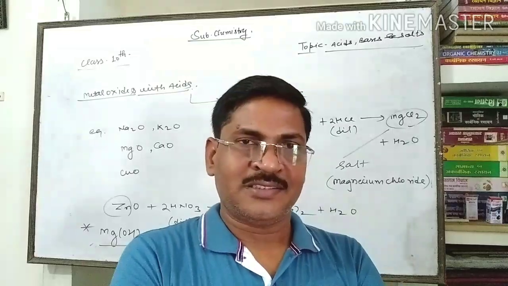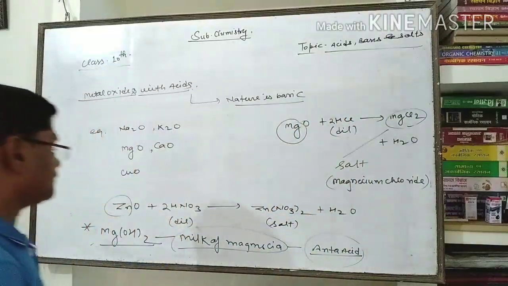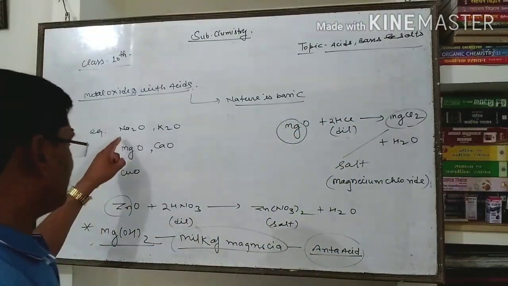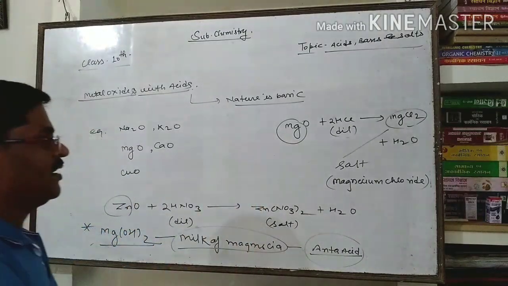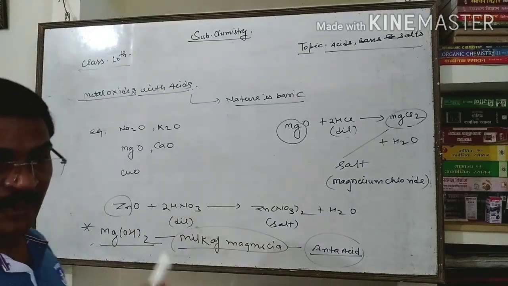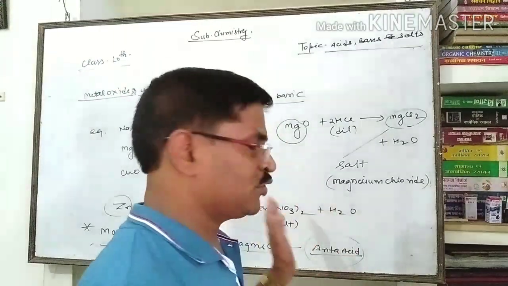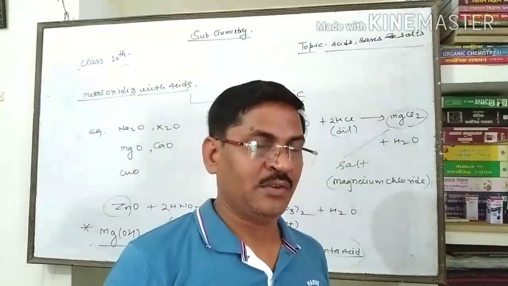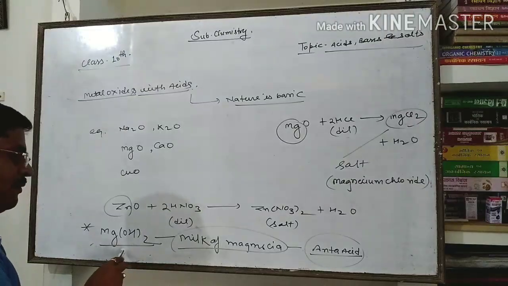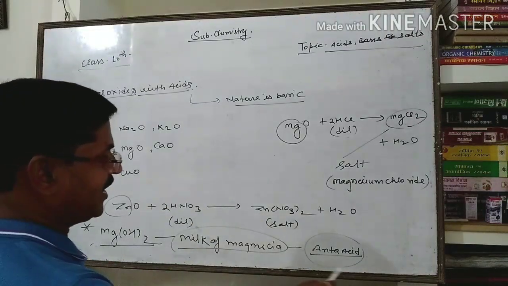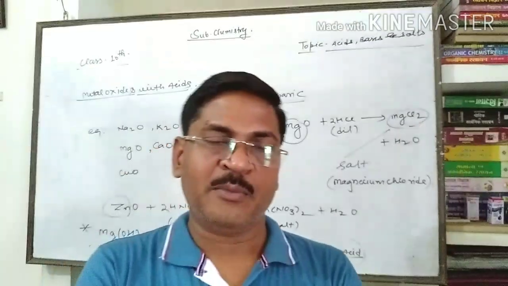So you have to once again revise, then after that I have to complete this. Metal oxides, either first group or second group or any metal oxides, you have to remember that nature is basic. Then they react with acids, but you have to remember these acids will be in dilute form. There are so many reactions I have written, and you can write more. And one thing you have to remember, that one is milk of magnesia, formula magnesium hydroxide, and it is known as the antacid, used in the problem of acidity. In this way, I am going to finish now.